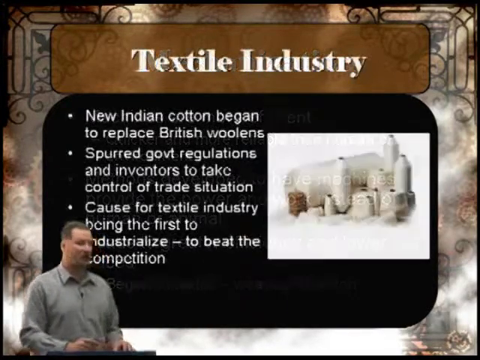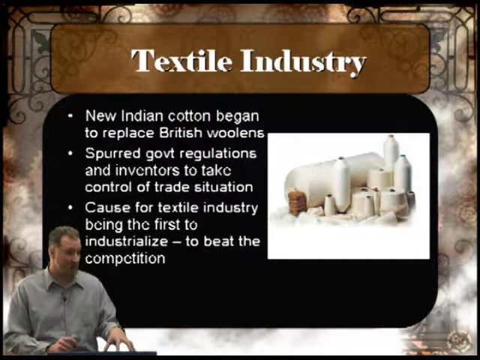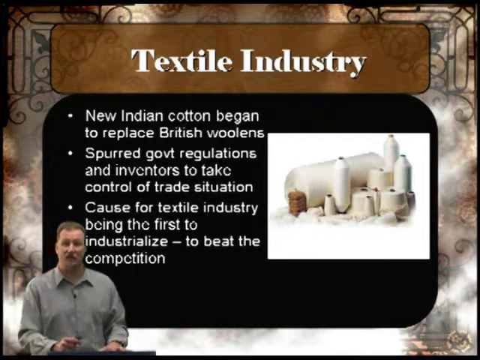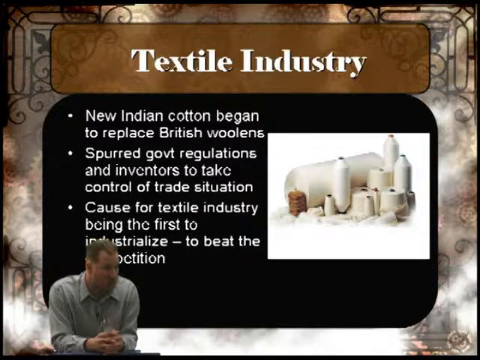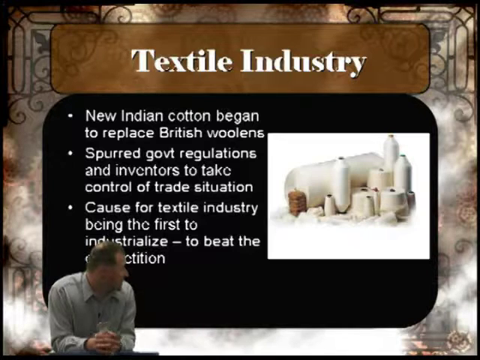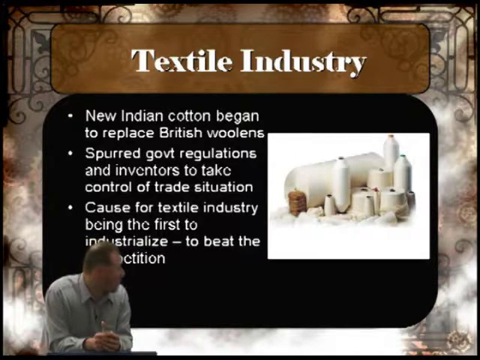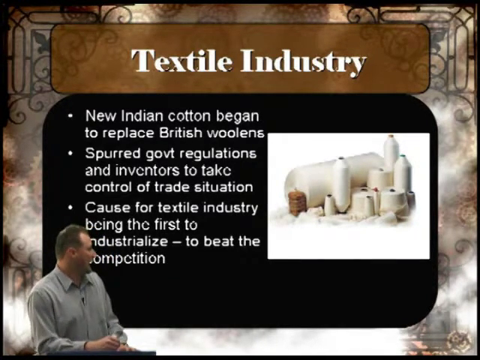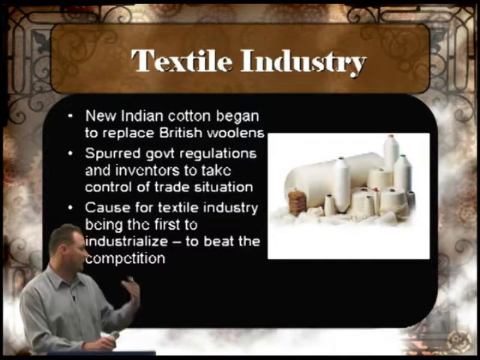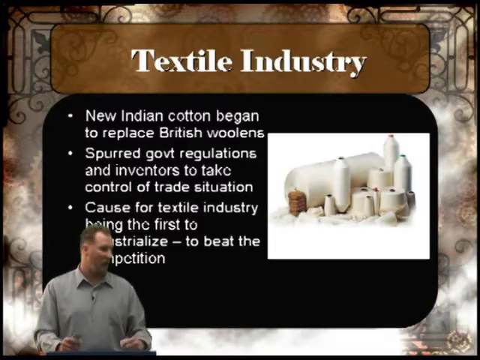The British are going to start to, this is going to go hand in hand with them losing the American colonies. The United States gets their independence, and Britain is going to go where for some more cotton? Go to India. India is going to become their most prized possession, oftentimes referred to as the jewel in the British crown. And this is going to, there's that word again, spur government regulations. This is going to make the government want businesses to make more investments, okay? And this is going to cause the textile industry to really become the first one to industrialize. One group's going to want to beat out the competition, and so forth.